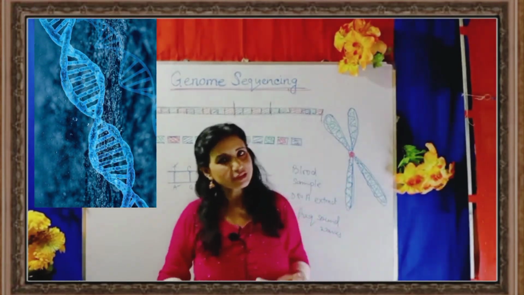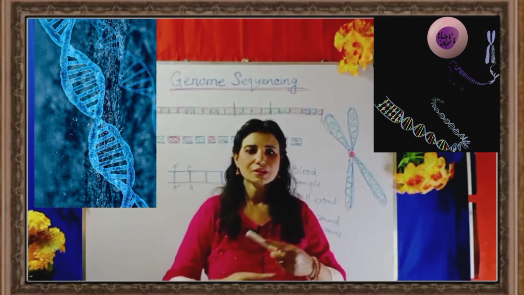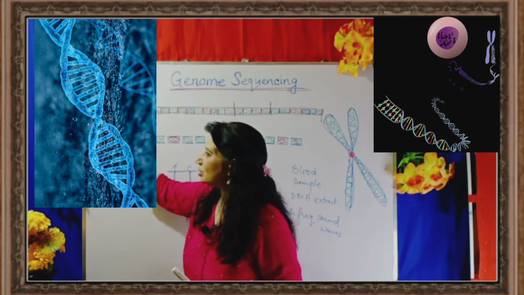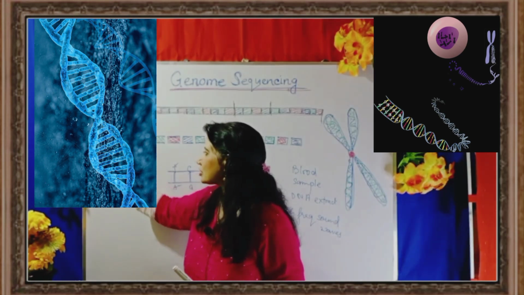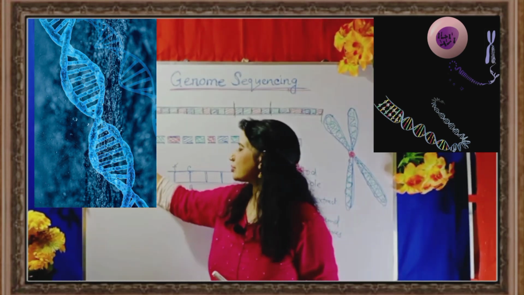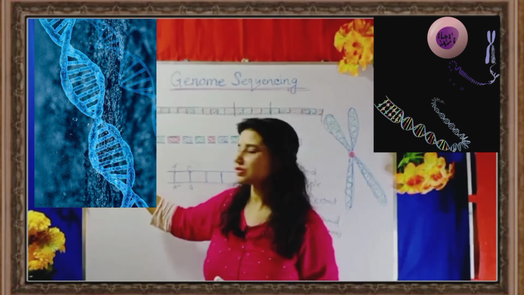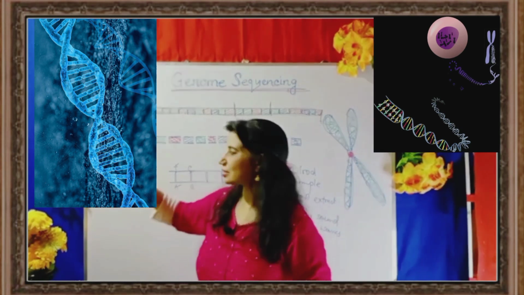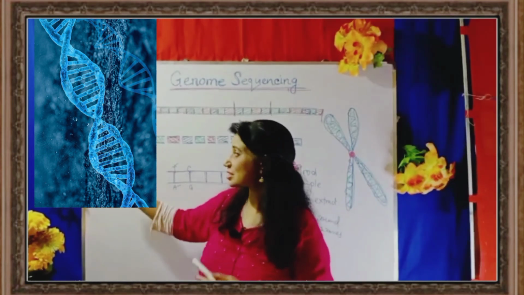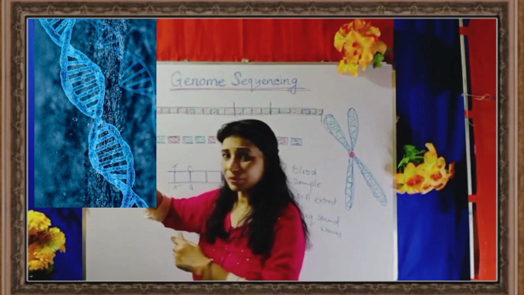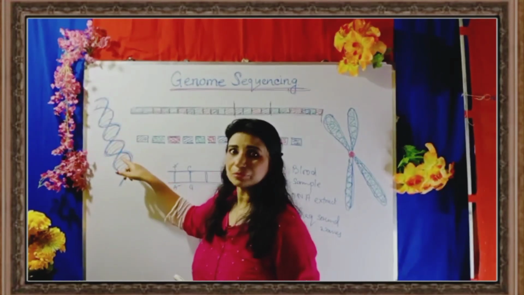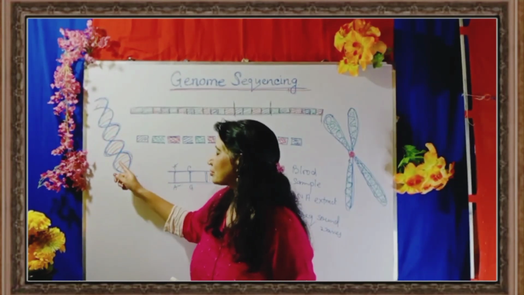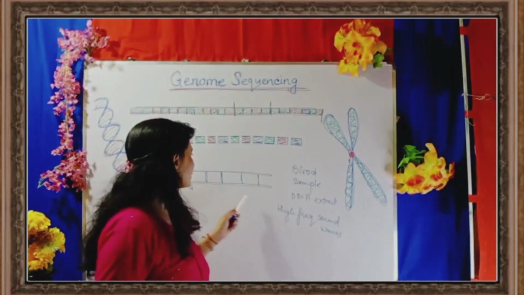DNA is a double helical structure which is wound, wrapped, as you can see. This is the sugar phosphate backbone, wrapped around each other, making a perfect rotation of 10.5 base pairs per turn. When it is rotating, the structure is this. But when it is unwound, we have to open up the two backbones, the two sides.